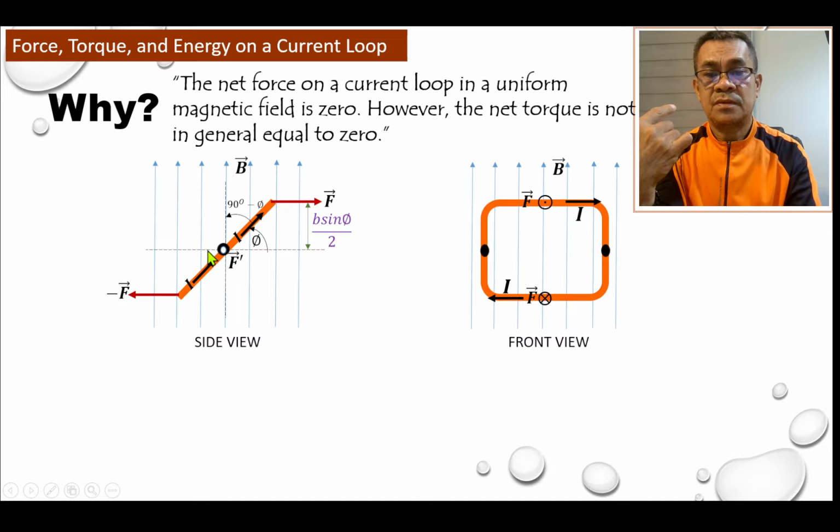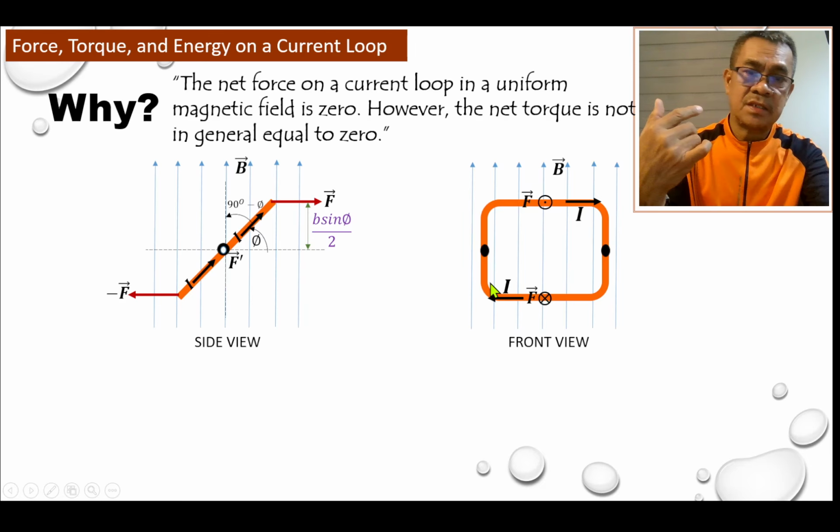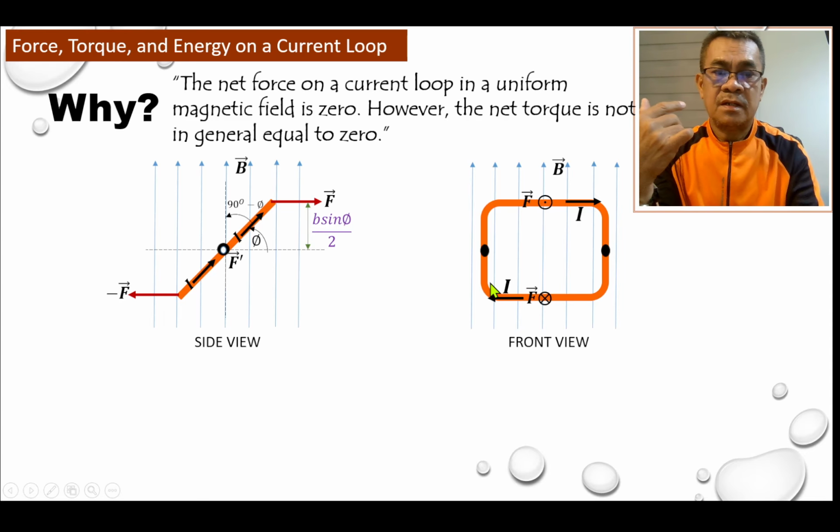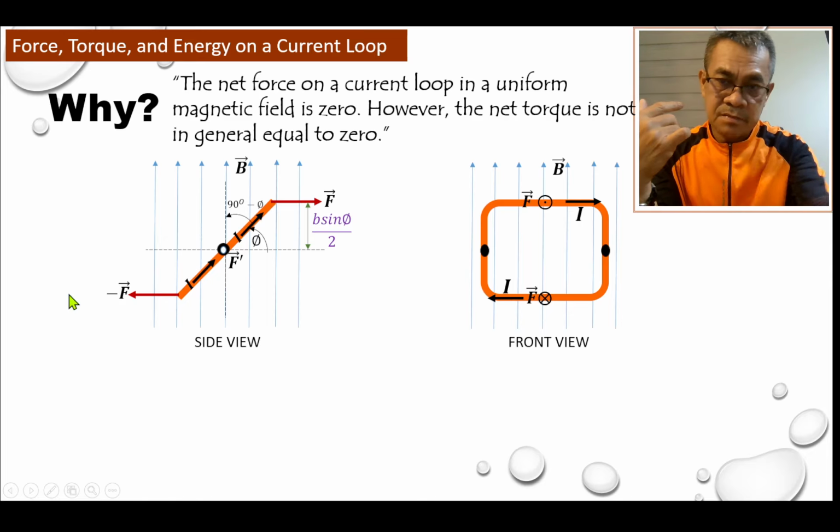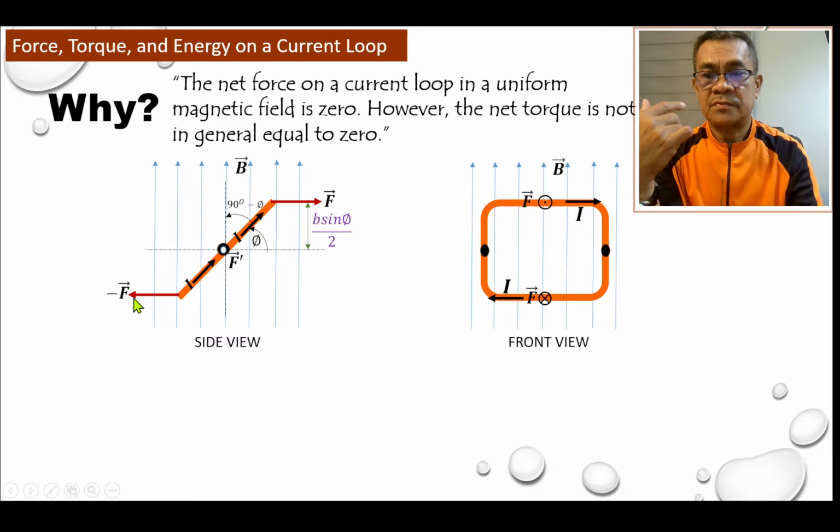So this force is outward. So when you look at here, looking at this side, we have this force, x, and this one is a dot because